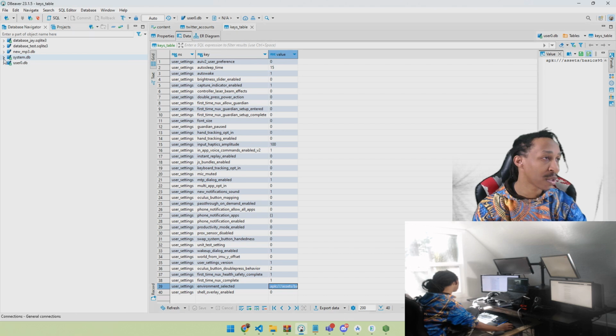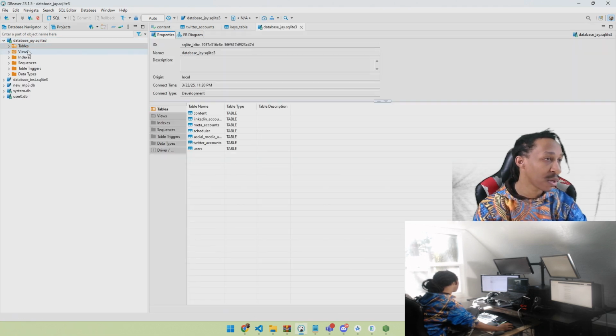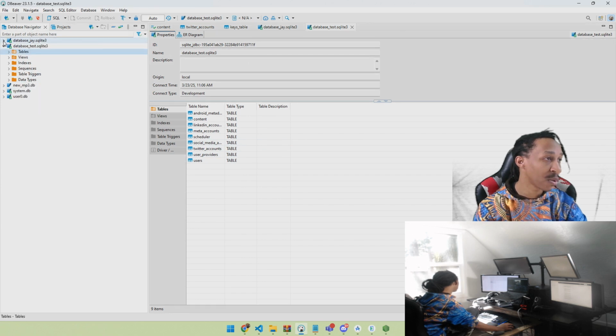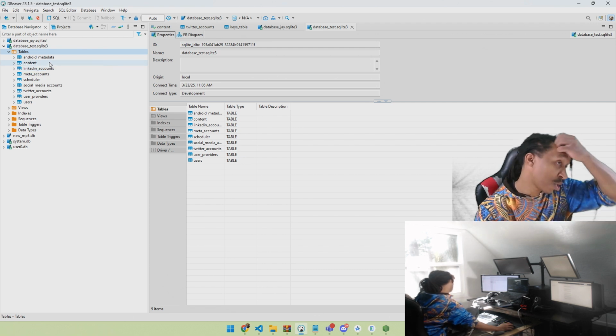So let's see. It should be one of these. I just don't remember. I know it's not any of the Oculus ones. I don't think it's any of these here. Yeah, it's not this one, because the one I'm looking for specifically would have an Android schema on it. Yep, this is the one I'm looking for. So the database test file one is the one I'm looking for, where we can essentially change up the whole